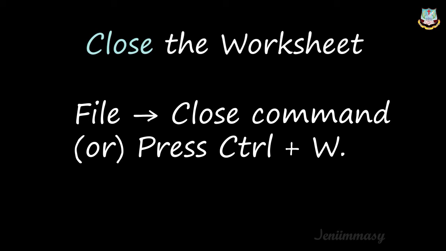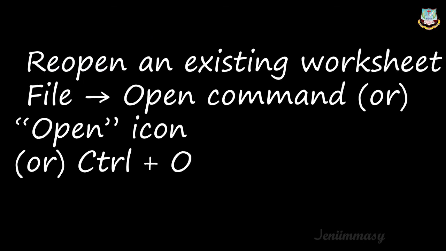Then the next one is about opening an existing worksheet. Now you have closed it and saved it in some place, right? So you need to open that particular worksheet which you saved and closed. For that you first have to reopen the application. You can just click to open Office Calc, and then go to File and Open, or the Open icon will be there, you can click it, or the shortcut key is Control plus O. You can press the Control key and O key together on the keyboard also, right?